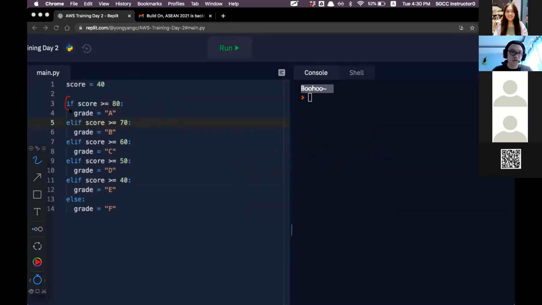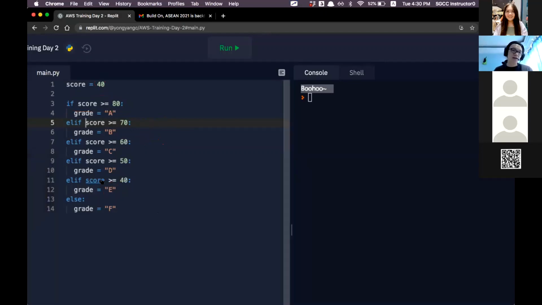If you have failed your first condition check, which is 80, you are definitely 79 and below. Then I check to see if it's actually more than or equal to 70. If it's not, then it is definitely below 70, so this is actually 69 and below, and so forth. And when it checks that your score is actually 40, it will show me that my grade is actually